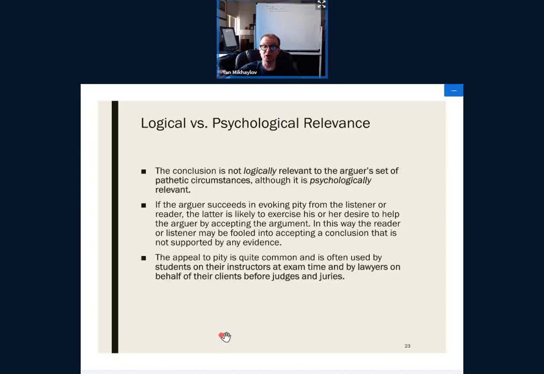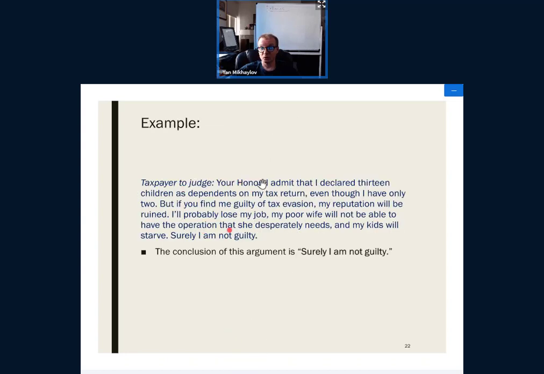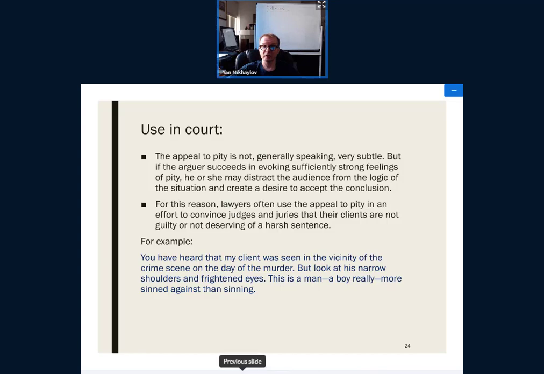Okay, keep in mind always the difference between logical and psychological relevance. It does seem psychologically relevant, even in this case, that all this stuff, bad things will happen. Therefore, you may be tempted to say, in some cases, perhaps we should not find him guilty, but it's not logically relevant. In fact, in court, they very often play on this stuff, in particular in front of the juries,